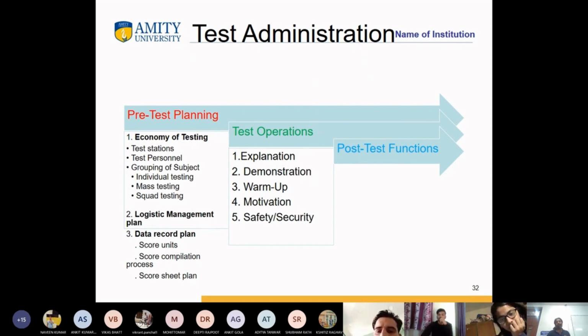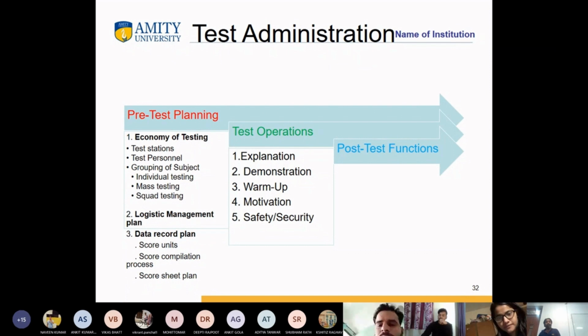And yes, before the test, during the test, and after the test, motivation is a very, very important aspect. Because the question comes, why am I supposed to do this? What am I going to get from this test? What is the purpose of the test? Till the time I don't keep motivating, I will not be able to get the test scores.